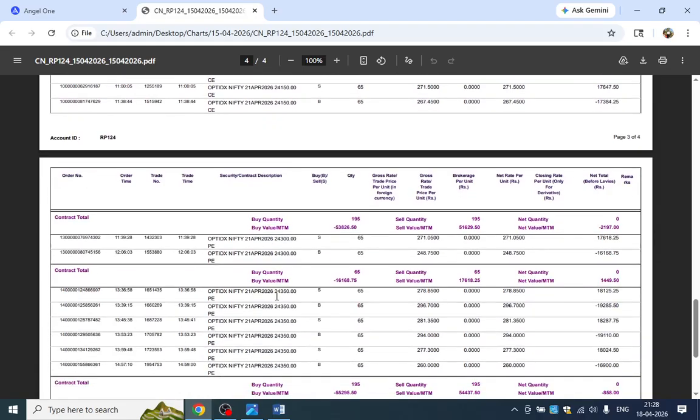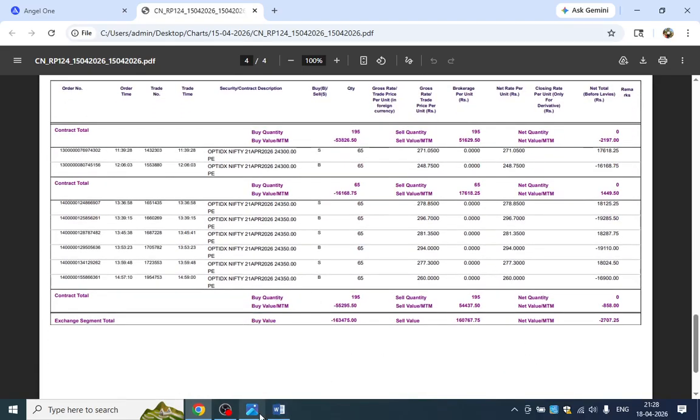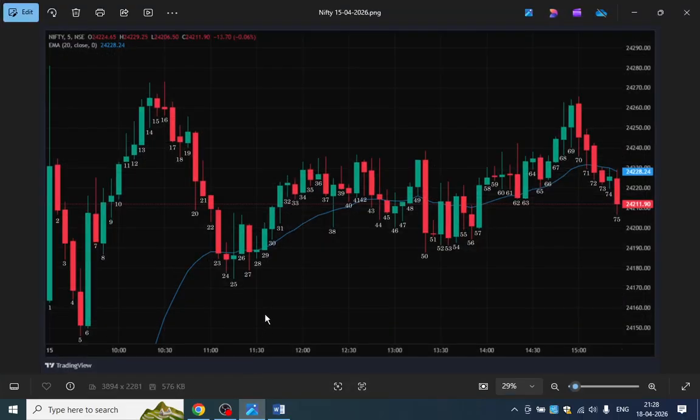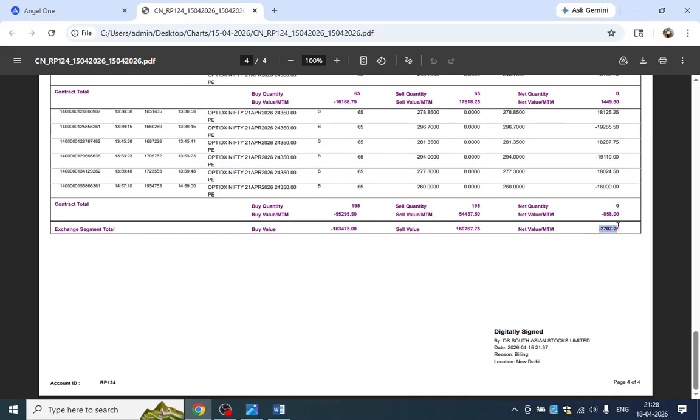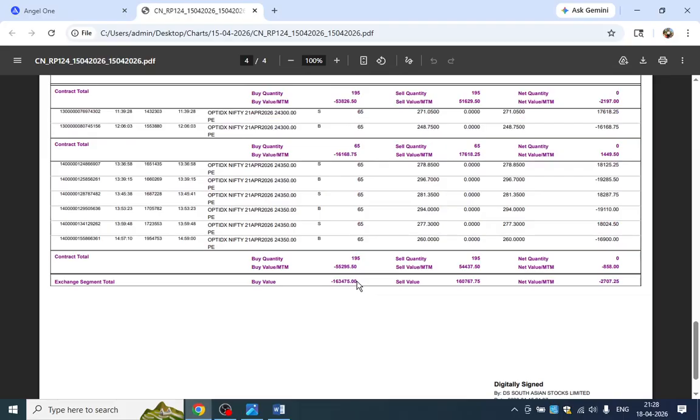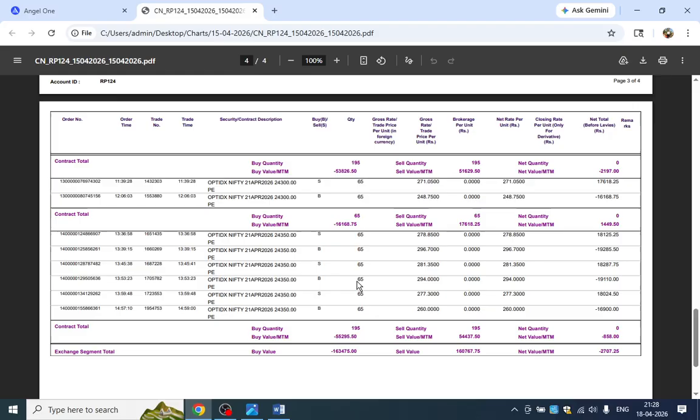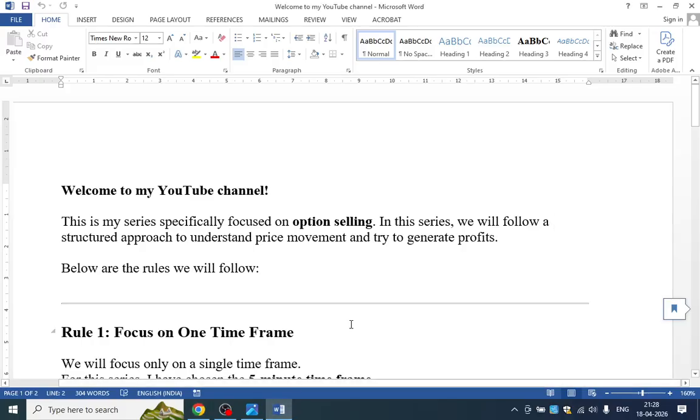So this is my trading day for the day of 15th April 2026. Actually I have made a loss of 2700, because I lost my discipline and lost my mind that day, so it will be a very learning process for me, and if it helps you then it is great. Before going into that detail, let's take into consideration